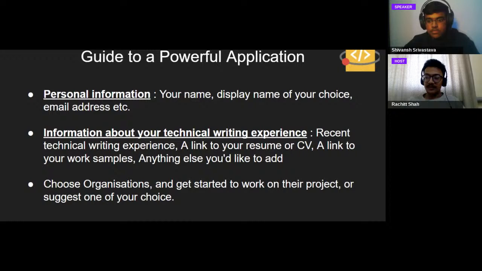We have a question. Can we work on multiple projects in GSOD, or only the one assigned to us? Okay, is this after getting selected or before? I believe he means after getting selected. If the advert hasn't specified explicitly, then before getting selected you can apply to multiple projects. But if you are selected for a particular project, then you can contribute and help the other technical writers